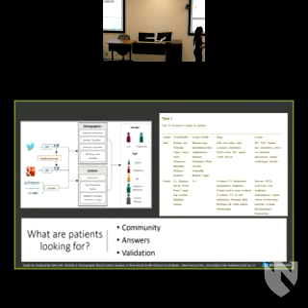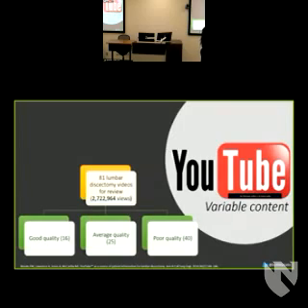Okay. We're going to switch gears a little bit and go to YouTube. I think most of us in the room have seen or heard about YouTube, a video sharing social media platform, right? And there are a lot of videos on YouTube. The next slide is going to show you the number of videos that you could potentially access on YouTube. But it's a really great source of medical information if it's done right.